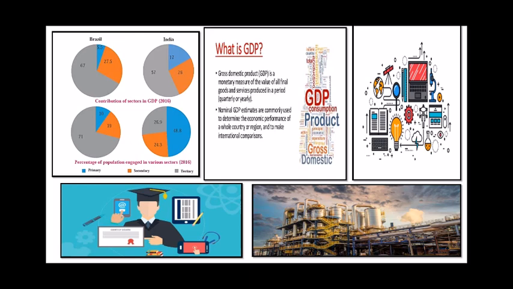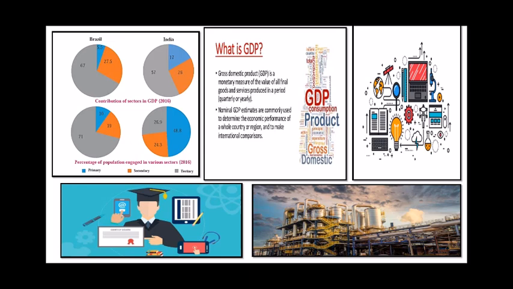So looking at the percentage of population engaged in various sectors, here we have 71 in Brazil and 26.9 in India for tertiary. Whereas for primary we have 10 in Brazil and 48.8 in India. So you can see in comparison with Brazil, India is having more people engaged in the primary occupation, that is around 48.8%. And the last one, secondary occupation, in Brazil it is around 19%, whereas in India we have